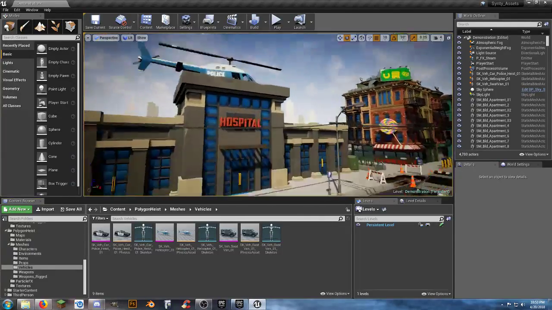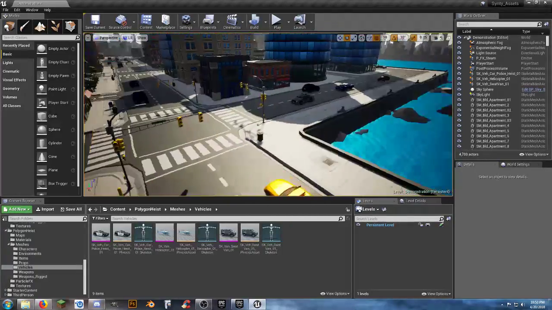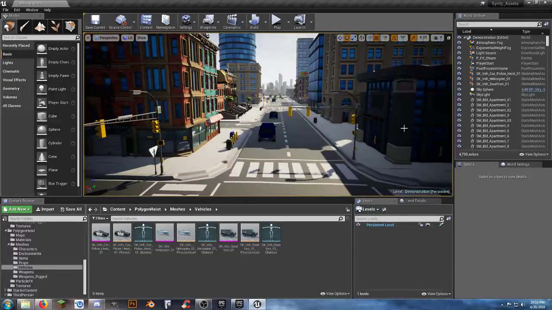I have actually applied AI movement, put movement on the vehicles and made them patrol around. Had one that was set up to where he was driving around, running over, ragdolling the